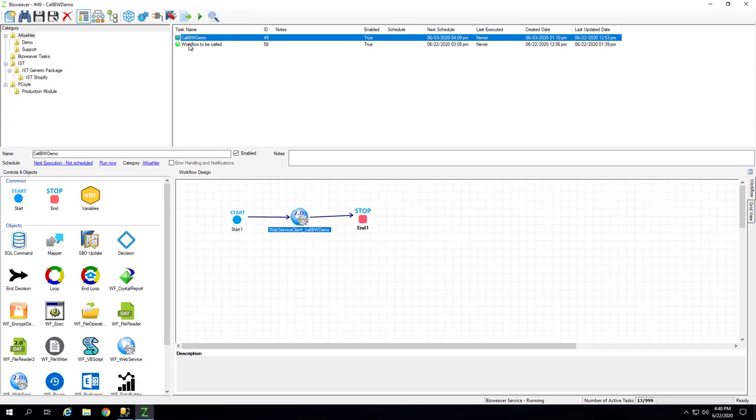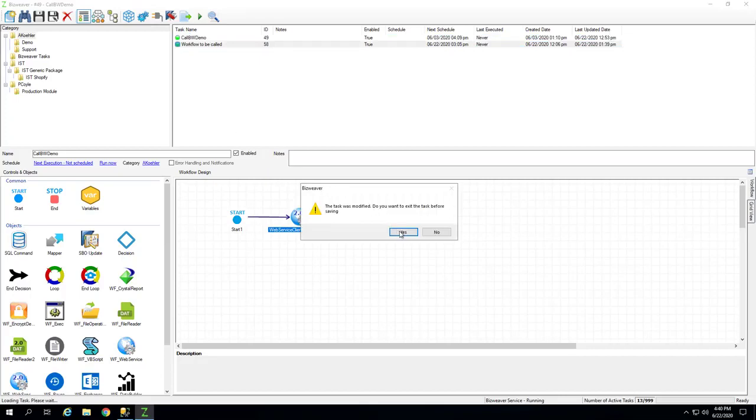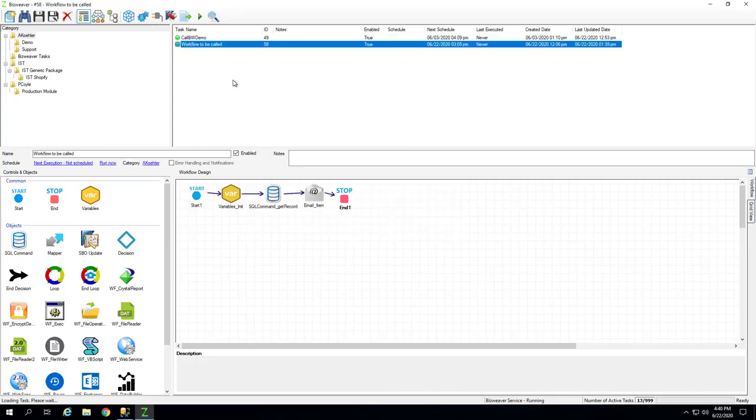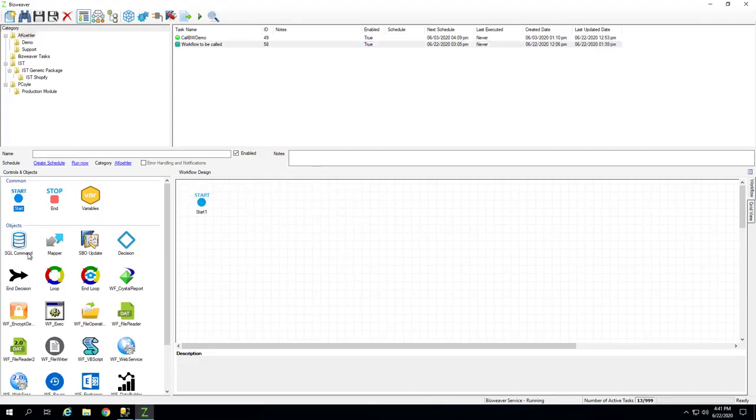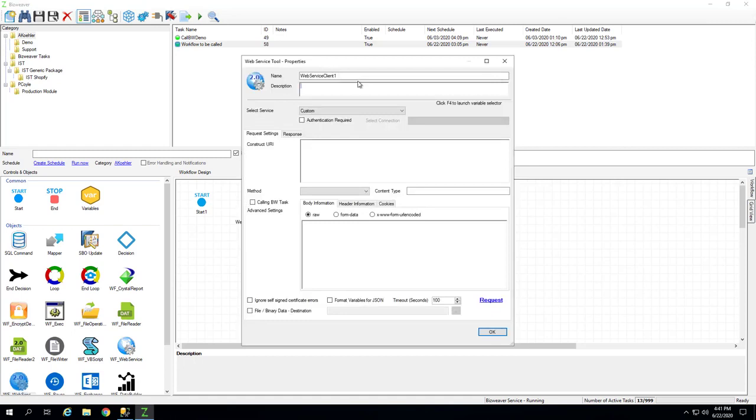And the workflow that we're going to be calling is this one, where we're just going to initiate the variables that are being sent to it. And we're going to then get the record that is being sent to it from this variables tool. And then we're going to email that user. So let's start a new workflow and show you how that's done. We're going to grab the web service tool